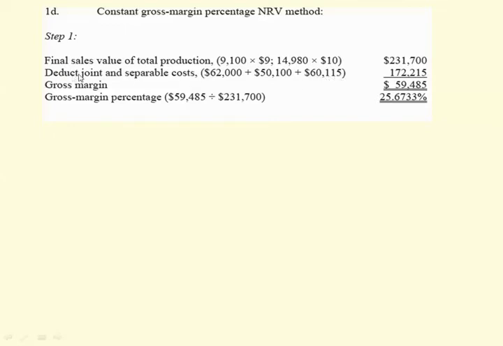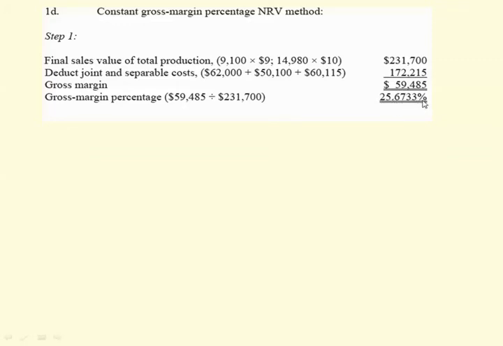So the summation of the joint and separable cost for the two products will result in 172,215. Final sales value minus total joint and separable cost will result in the gross margin for the two products, 59,485. So now we can calculate gross margin percentage for the two products by dividing gross margin 59,485 divided by final sales value of total production 231,700, which will result in